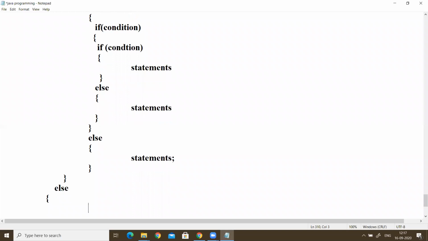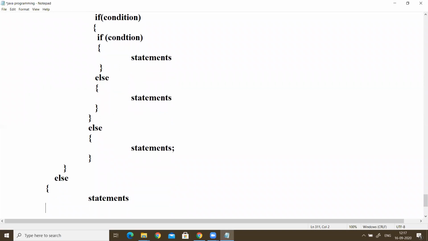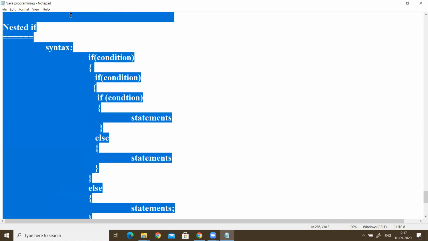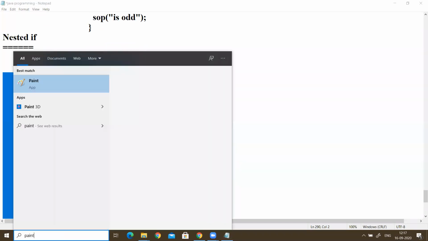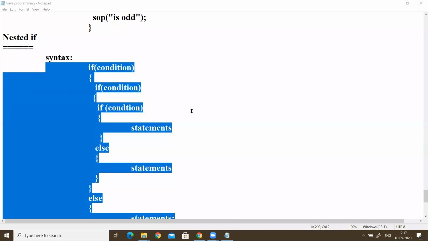Don't confuse, I can explain this. Statements. Here we have this complete syntax. See, I will explain this completely. This is the nested if.